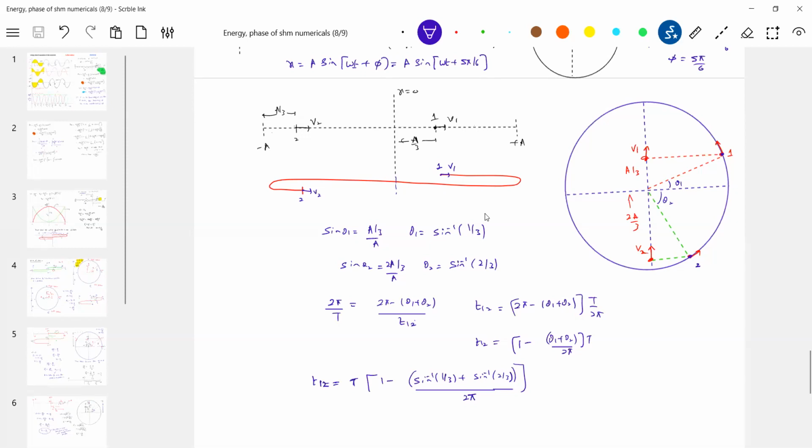Please do work out numericals related to this. Today afternoon I'll post it, because I'll be having a class now with the seniors. Okay, we'll stop the class here. From tomorrow I'll continue from the numericals.